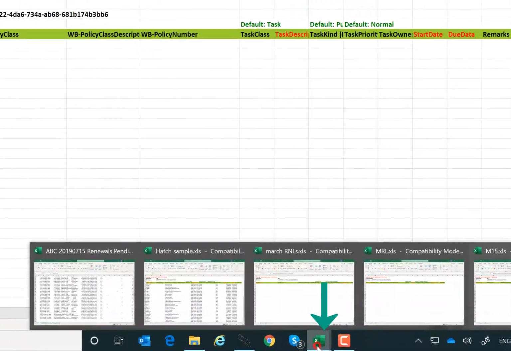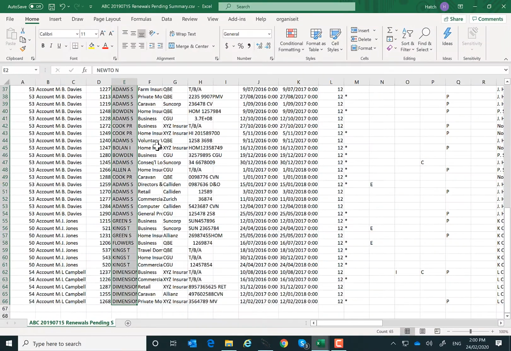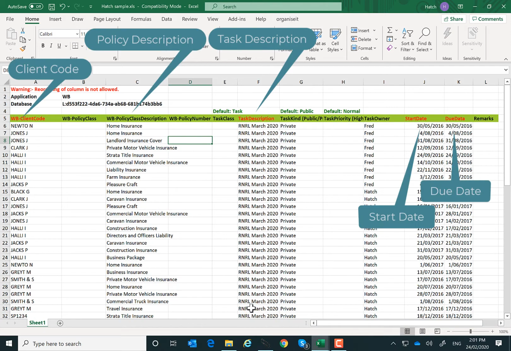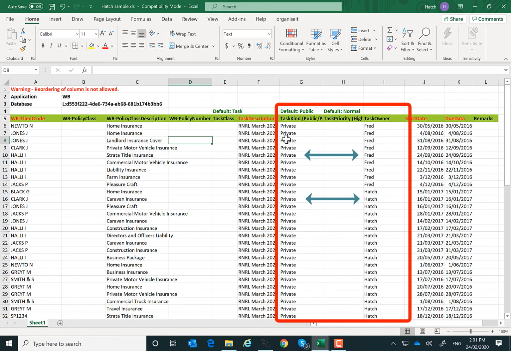To summarise, we go to the CSV file that we generated in WinBeat, where we only copy across the columns of information we need into our template that will then look something like this. Please pay particular attention to the task kind column, which in this case has been brought across as private. This means only the task owner of each task will see the item. If you want everyone in the office to see one or more of the tasks, they must be changed to